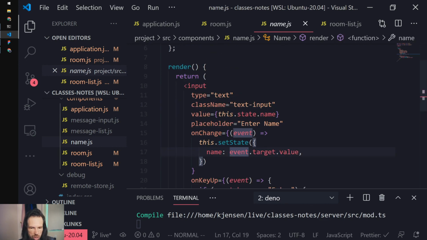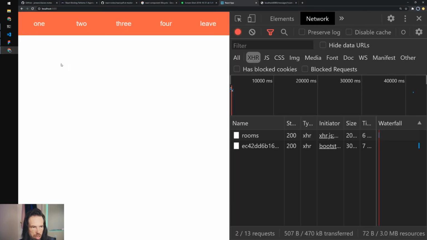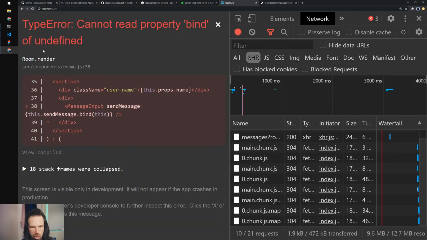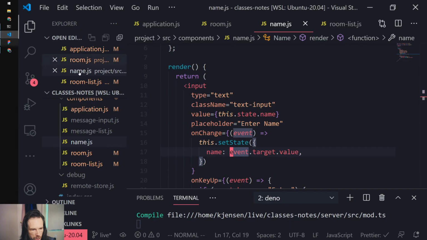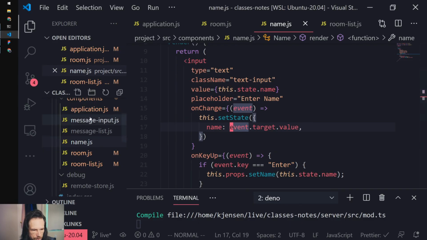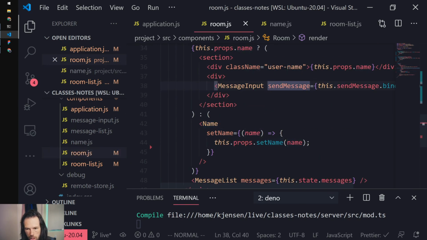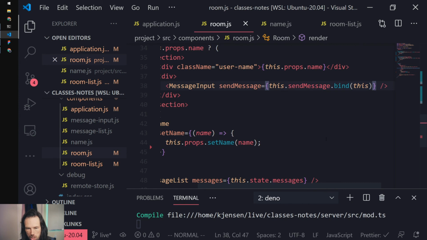Okay. So what that looks like is I go into my room, I type in my name, I hit enter, and I get "cannot read bind of undefined." So that's this.sendMessage.bind somewhere, probably just my old code. So message input. It's now trying to render this message input component, but the problem is I don't have a send message function. So I'm going to, for now,